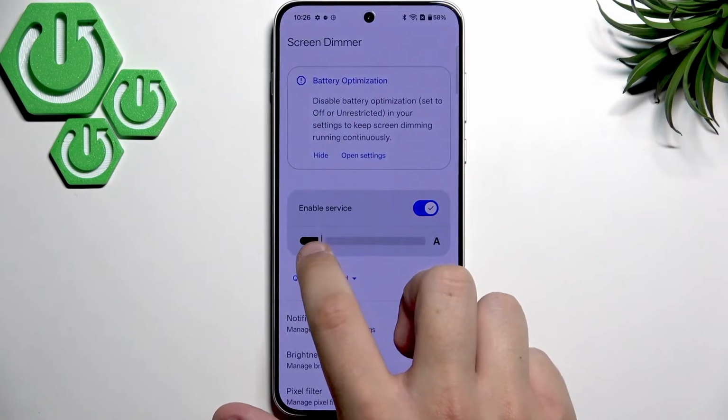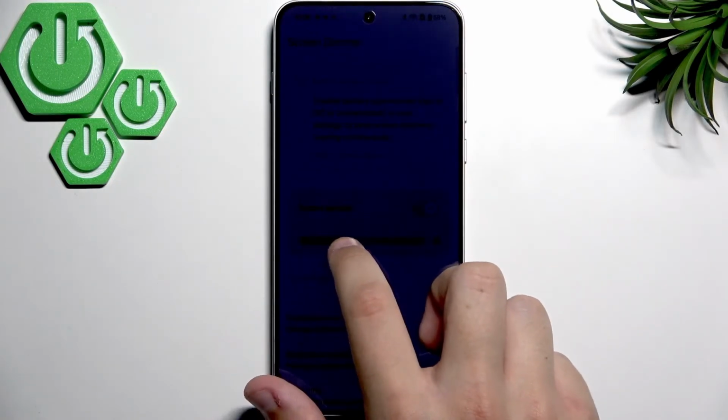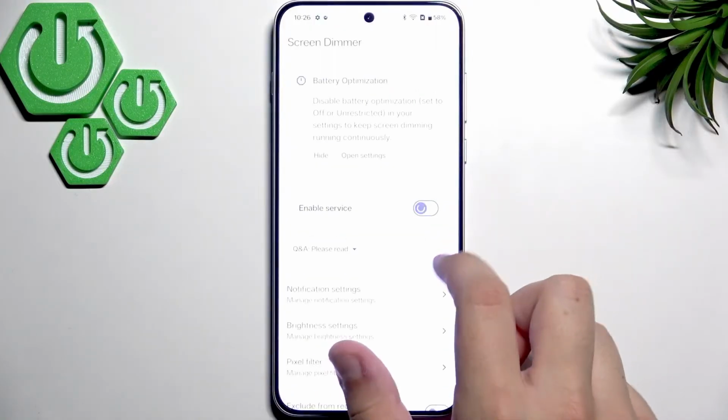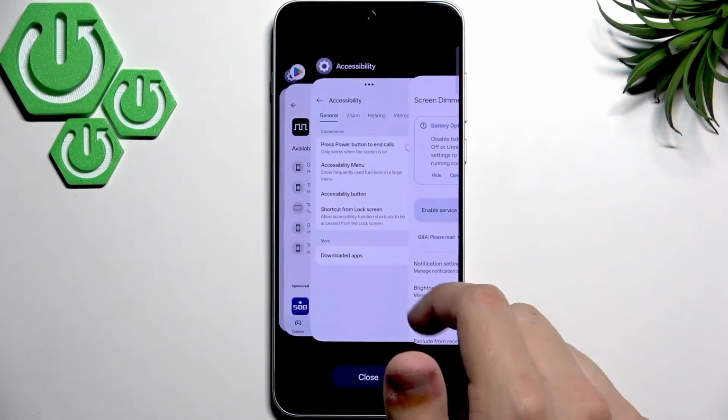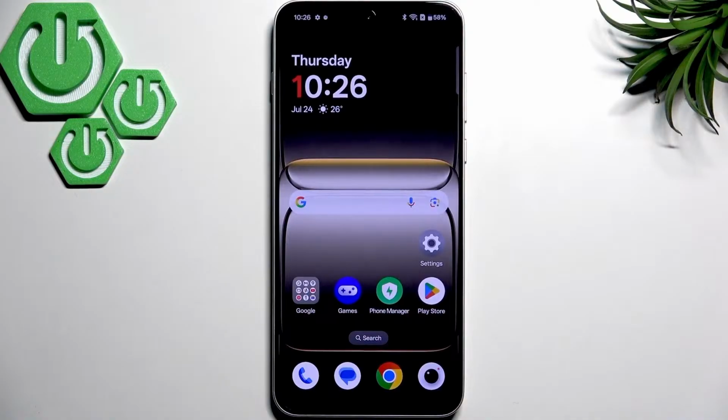So as you guys can see, it definitely does work, and now we can just disable it and it will go back to default. So now for the last step, if your screen is still flickering, then it might be